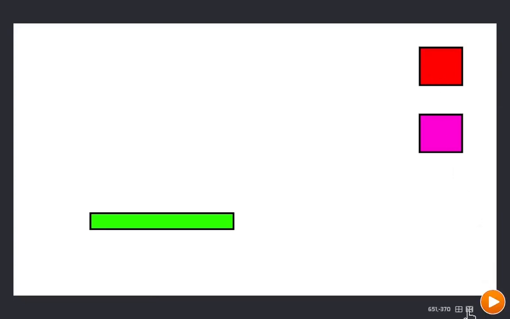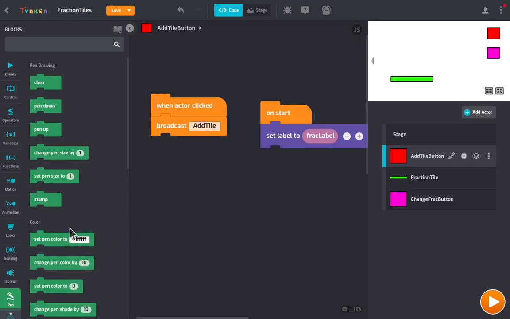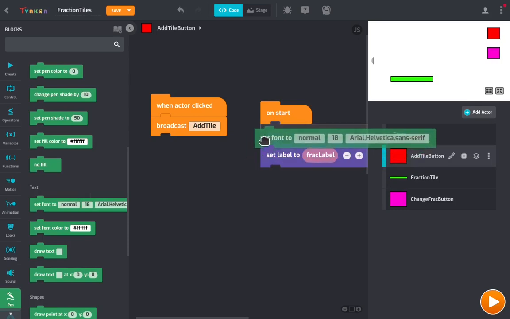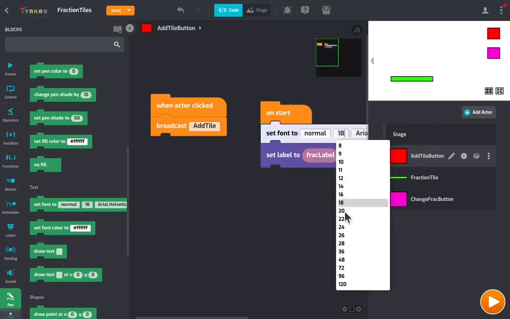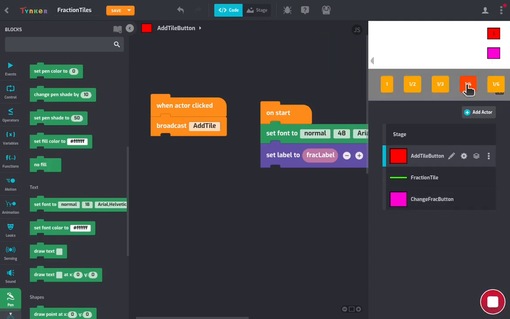So we're going to have to go down to our pen and we're going to have to set the font. And we'll change that to 48, see how that goes. Okay, so that's better. So when our user then presses the change fraction button, we want our label to change